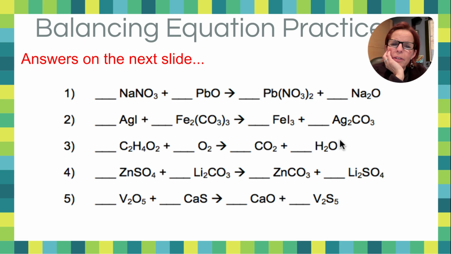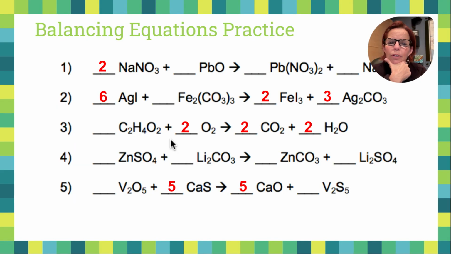It's always hard when you have an odd number to make it match on the right side. So I'm going to say let's just try to put a 2 right here. So now I would have, oh, look at that, 4 hydrogens if I did that, and 2 oxygens. If we go over here, let's add up all of the oxygens. If I have a 2 here, that's 4 oxygens. And if I have a 2 here, that's 5, 6 oxygens. If I just put a 3 there, then we would have, oh,